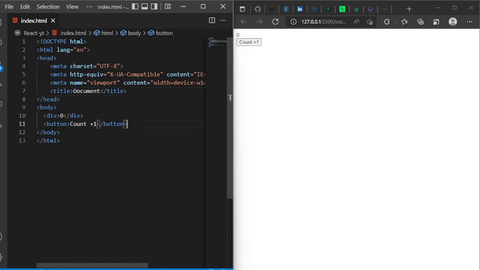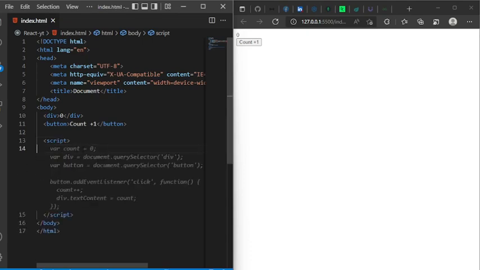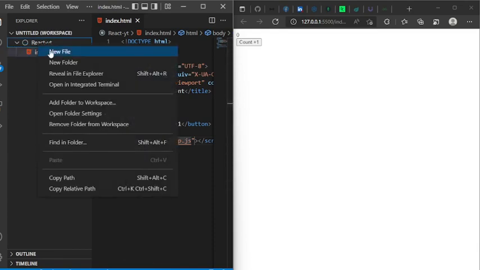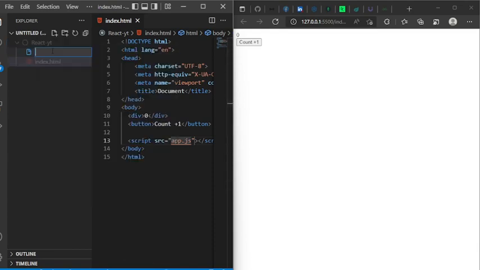Well, we can do this with JavaScript. To add JavaScript to our application, we can come down here and add a script tag here. And we can start writing our JavaScript code here. But to make it cleaner, I'll create an external JS file and add a source to it. So I'll call it app.js. Let me go ahead and create this new JS file called